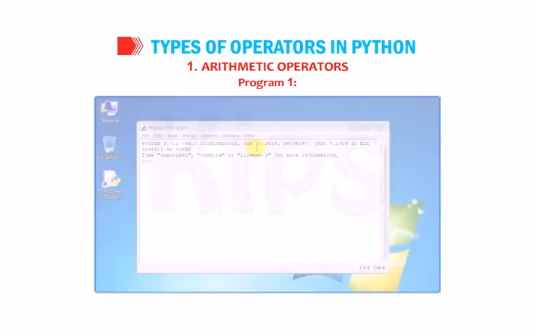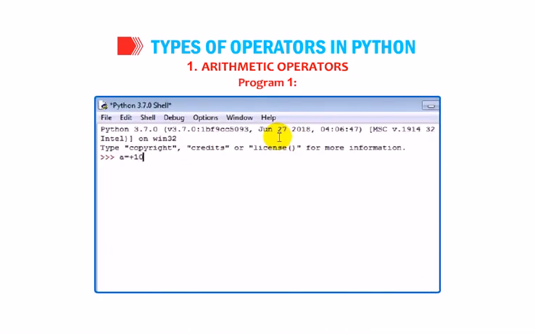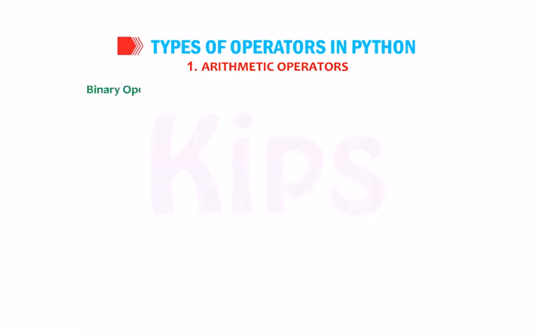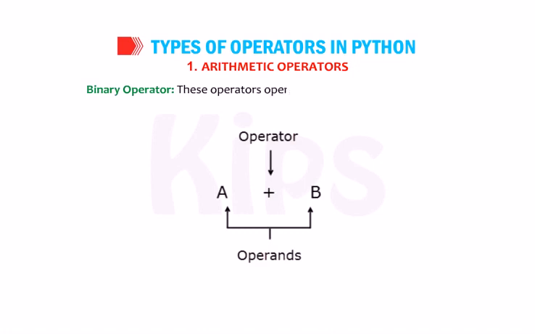Program 1. Binary operator. These operators operate on two operands. Example, A plus B. Here plus is a binary operator working on A and B. Binary operators can further be classified as